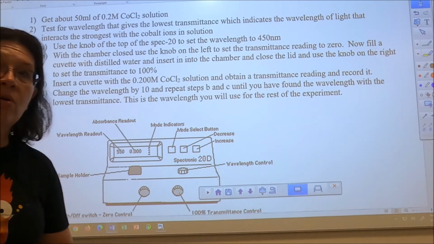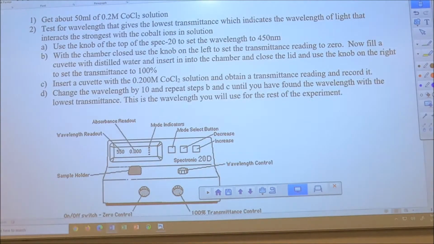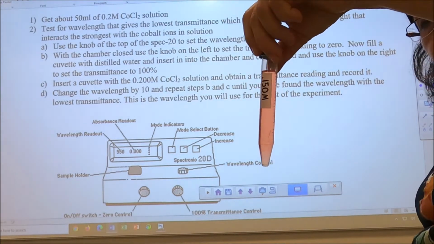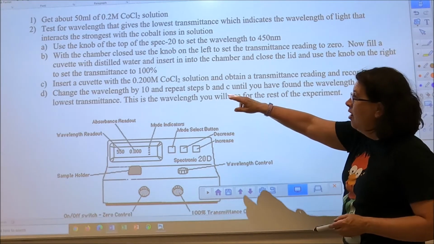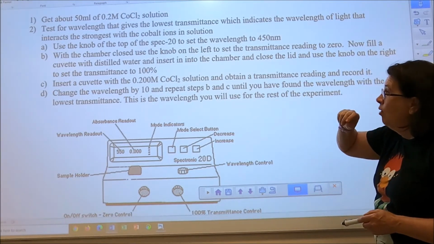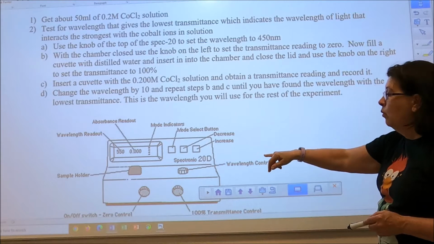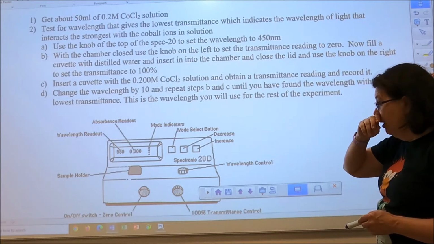Now, our cobalt chloride solution is pink. See? Pretty pink color. So, what we're going to do is start out with a 0.2 molar cobalt chloride solution, and we are going to observe